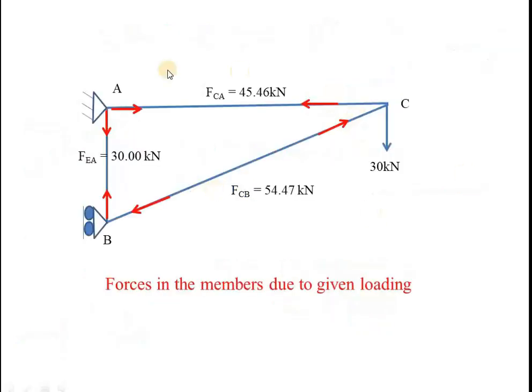As there are only three forces, if you mark the forces, it will be like this. This is compression 54.47, tension 45.46. This also is tension, and you will get 30 kilonewton. Now due to unit load, if I calculate again, you are going to get these as 1.5, 1.8, and 1. Either you can calculate by the method of joints, or, as you know, this load is 30. Again, you are replacing this single load by 1 kilonewton. Directly you divide each load by 30, and you are going to get these values. Otherwise, by the method of joints you can calculate like this, draw the figure, and show the forces with nature and magnitude.